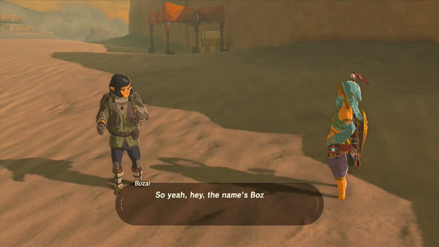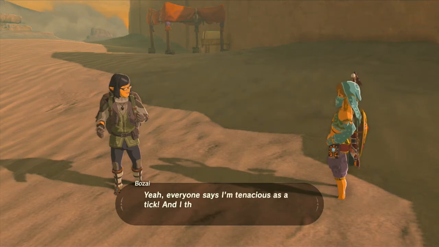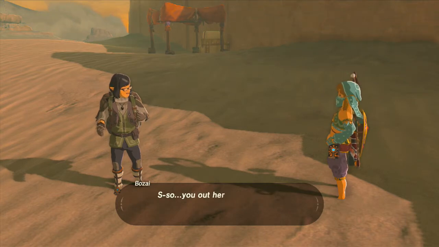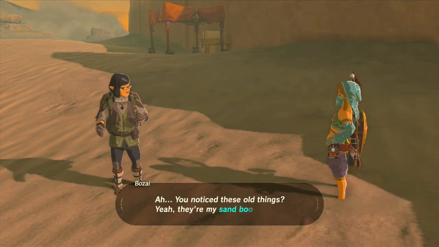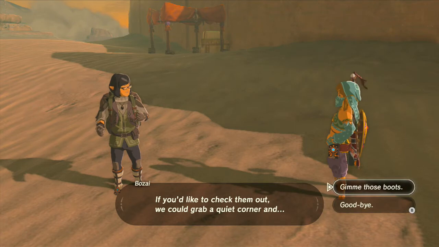Saba. So yeah, hey, the name is Bozai. I'm 35, single, and I love jogging, especially on sand. Yeah, everyone says I'm tenacious as a tick, and I think some of them meant it in a nice way too. So, you out here on your own? Pretty rough and tumble place? Wanna hang out for a while? Nice sand jogging. So you notice these old things. Yeah, they're my sand boots. They allow me to traverse the desert without being slowed down at all, so jogging is a breeze. If you'd like to check them out, we could grab a quiet corner and...